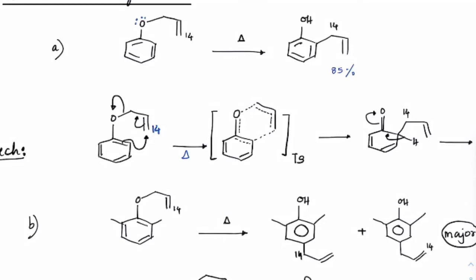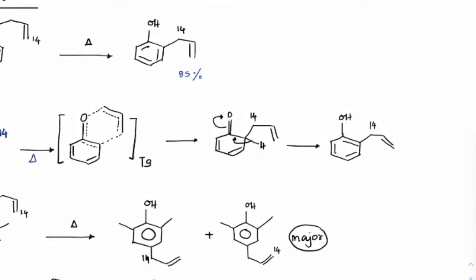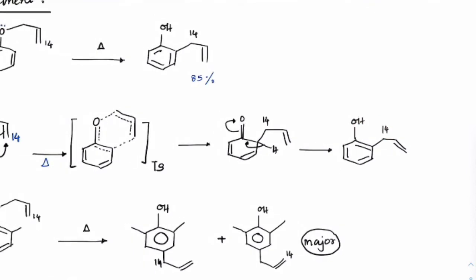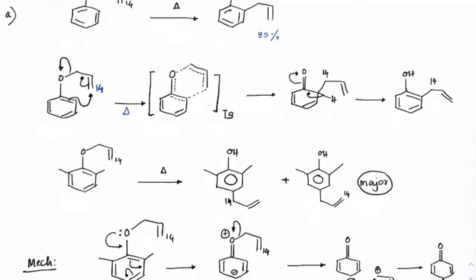transition state. So what you have seen is, we can see C double bond O formation, then this carbon has connected with this carbon, carbon 14, right, and a double bond has formed here, and on heating, the carbon-hydrogen bond will break to retain the aromaticity, and thereby you will get this OH, and the allylic 14 carbon has been attached as the electrophile, and that is the major product.